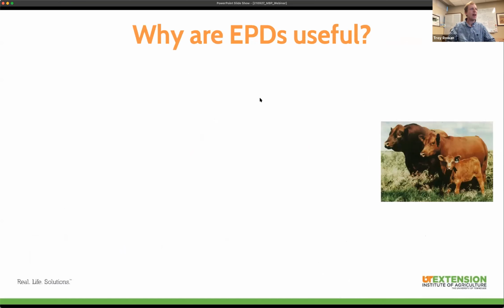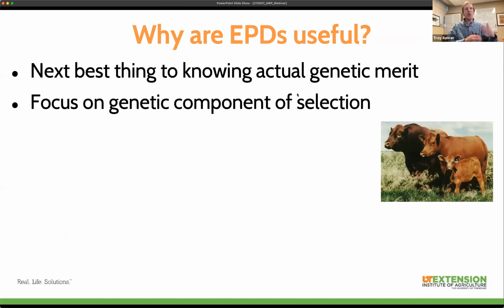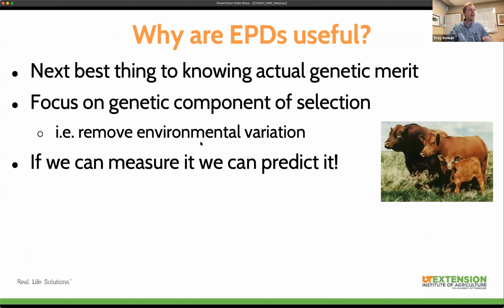And so I want to break down, I guess, why EPDs are useful. They're the next best thing to knowing genetic merit. We want to know that actual genetic merit, but they're going to be our best guess. They allow us to focus in on that genetic component of selection. So we're going to pull off that environmental variation. And they're useful also because we can do them in all sorts of traits, right? So if we can measure a phenotype on a large enough group of individuals, we can start to calculate EPDs